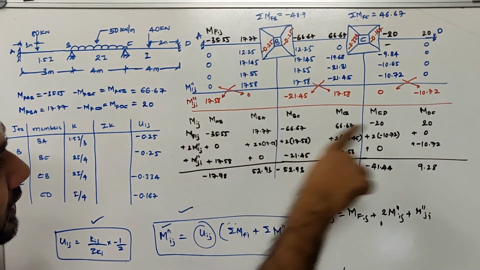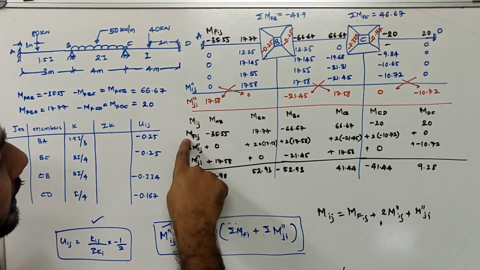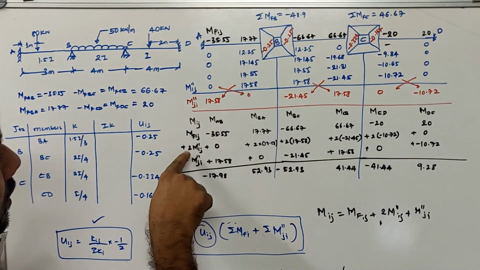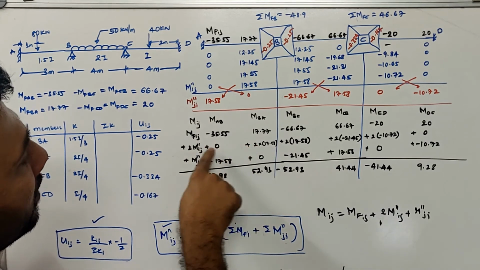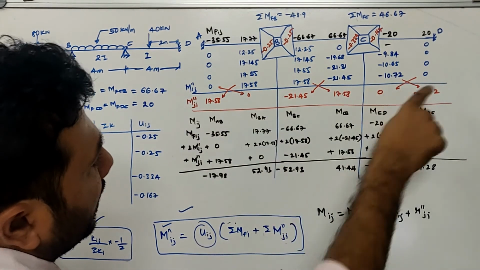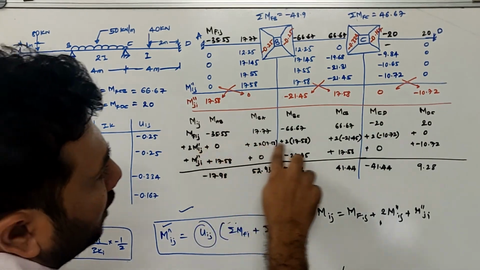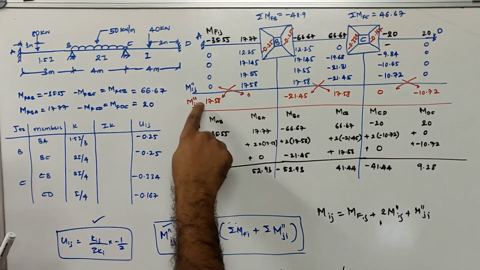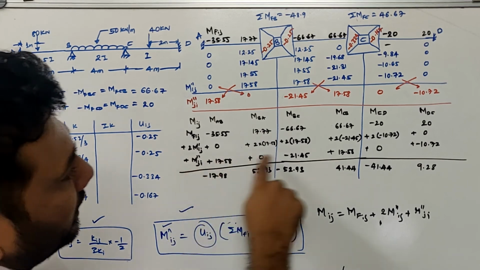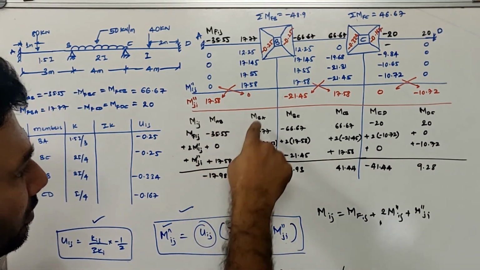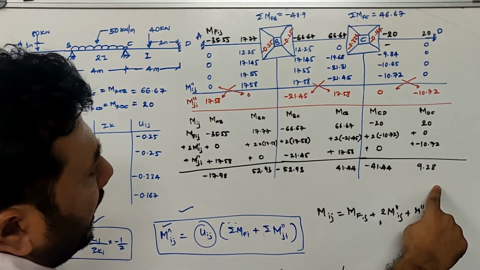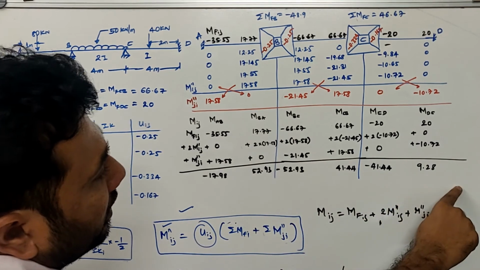First of all, in the first row I am writing all the fixed end moments. In the next row I will write the near end rotation moment values, which are multiplied by 2, for the 2 times M'ij term. Next are the M'ji values, which are the far end rotation moments, and they have to be written in the next row. Let us take the sum of all these, and we will be able to calculate the Mij values, or the final end moments.